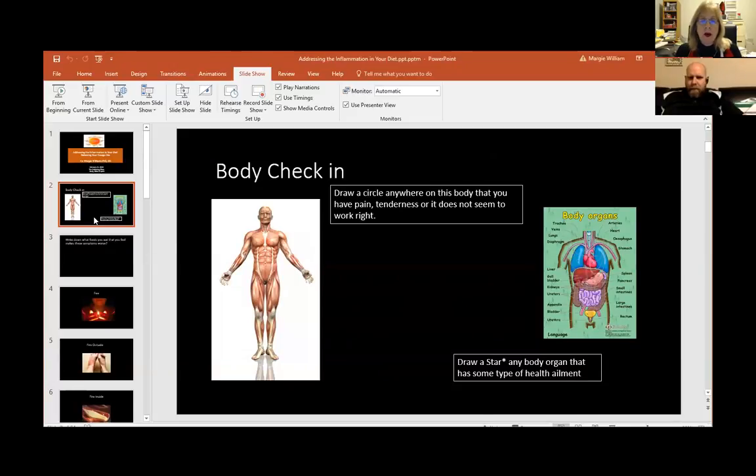So one of the things that I'd recommend everybody do in real life, what we did is we had a handout where people looked on their body and drew a circle anywhere on the body that you seem to have pain or tenderness or didn't seem to work right. So what I encourage people to do is to draw an old-fashioned stick figure. You can draw like this on your piece of paper, and you can circle where you might be having pain and inflammation, or where you're